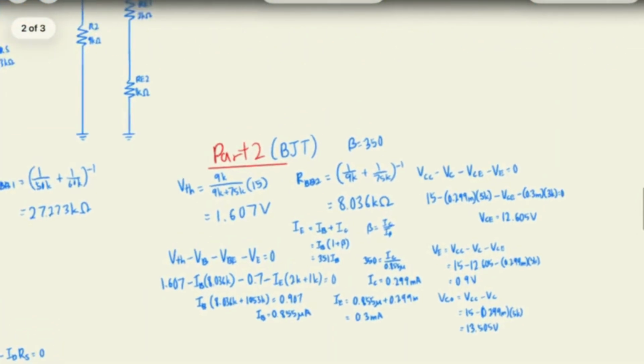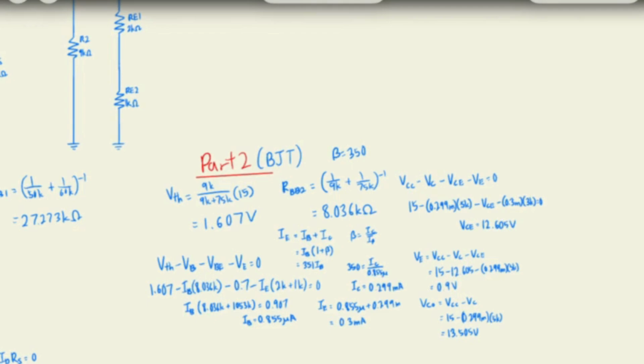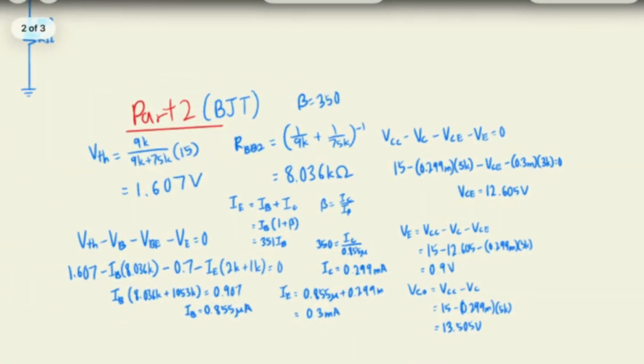Then for part 2, we also use our voltage divider rule to obtain VTH, and once we do that, we substitute into our KVL and obtain IB. Now given the equation IE equals IB plus IC, and since beta equals IC over IB, IE would be equal to 351 IB. Then we substitute all the relevant information, and we're also able to obtain IC